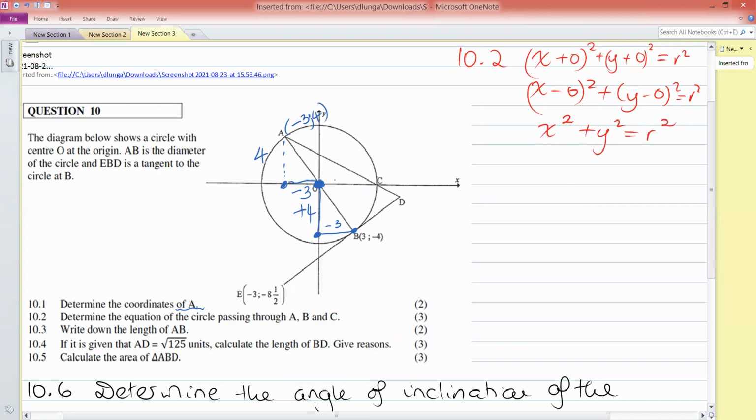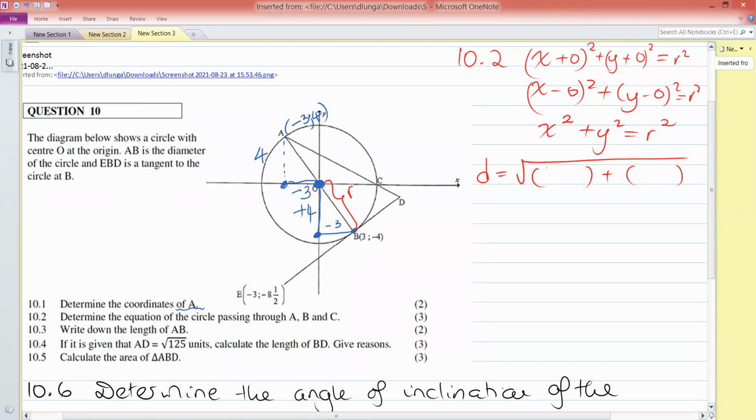We now need to work out what the radius is. So radius from center O to B. How would I work out what that radius is? Distance formula. Which other way could you work it out if it's not distance formula? Plugging in the points at the circumference. Yeah, that's literally the same thing. So you can either do distance or you plug in the points at the circumference. You're going to get the exact same answer. If I use distance formula,